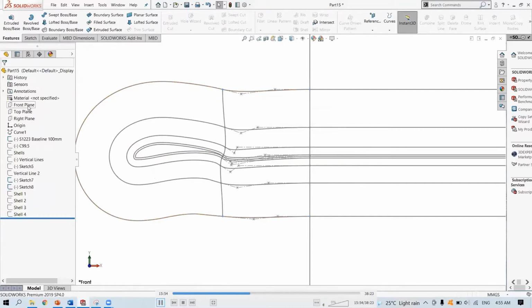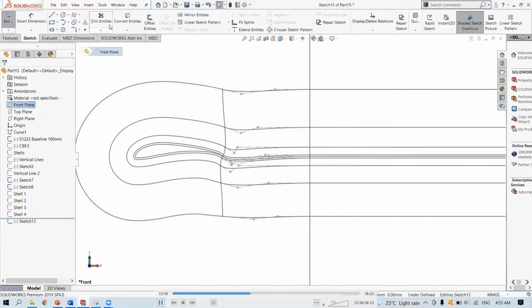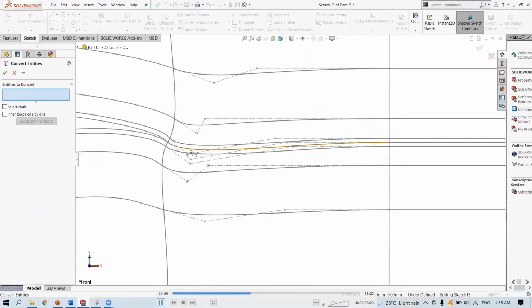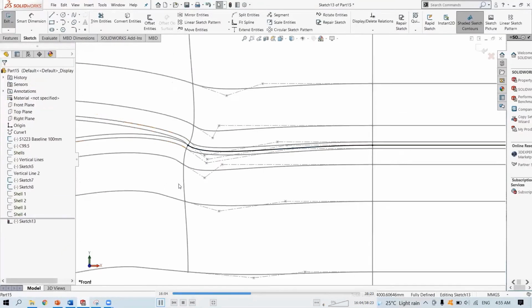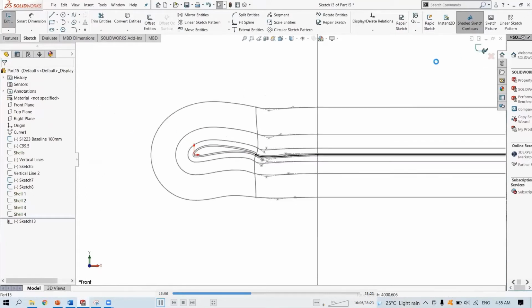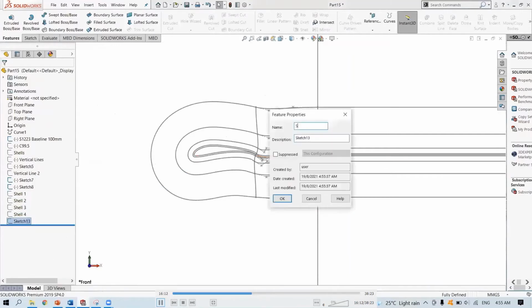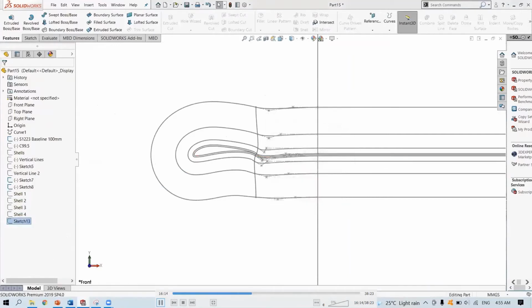I guess we need to do it for shell 0, just after the trailing edge. Yeah, this one. Okay.